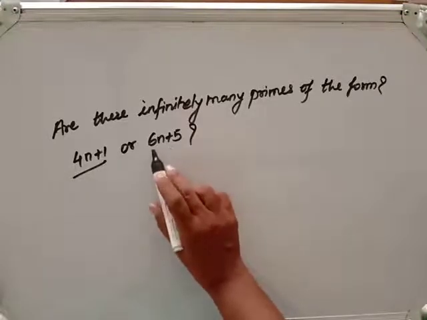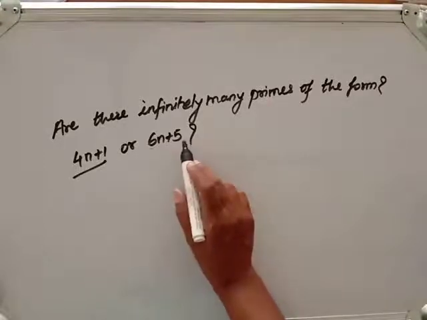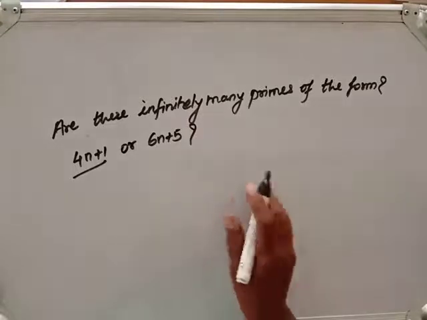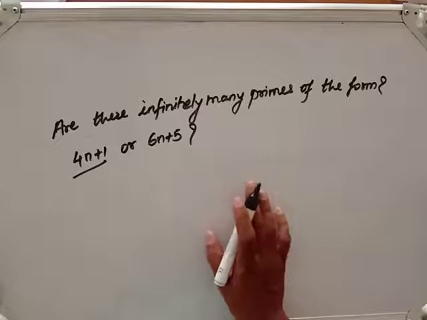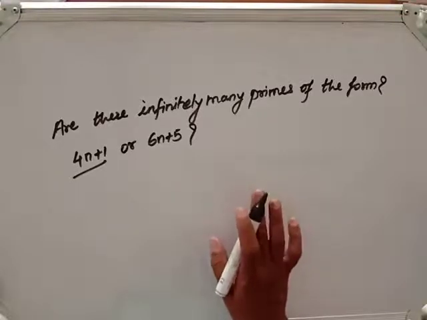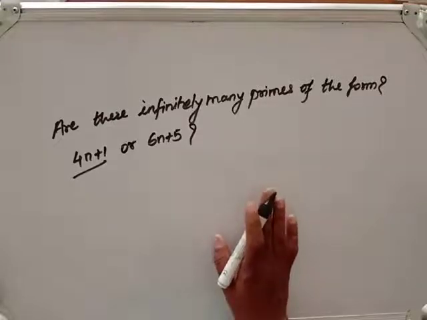Then there are primes which are divisible by 6. That time the remainder will be left 5. So these questions, and many other questions, we are studying in this course. We are unable to give the general case, but we give an idea to solve these questions using Dirichlet's theorem.